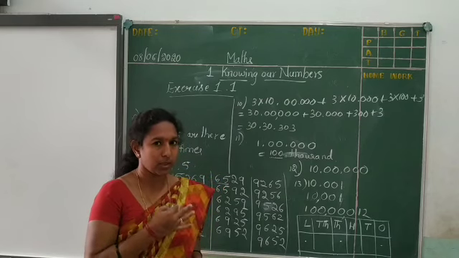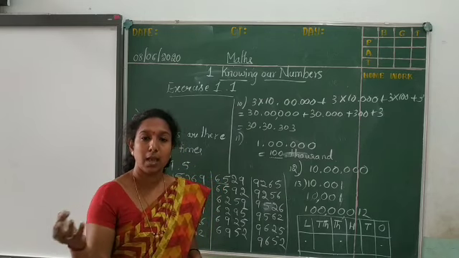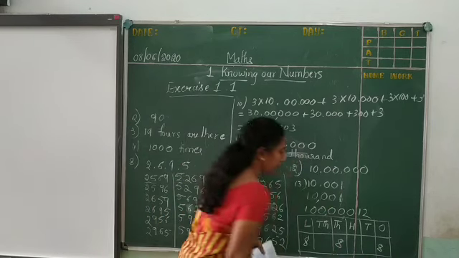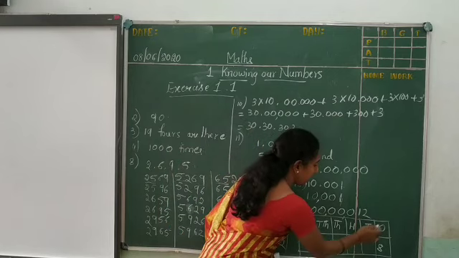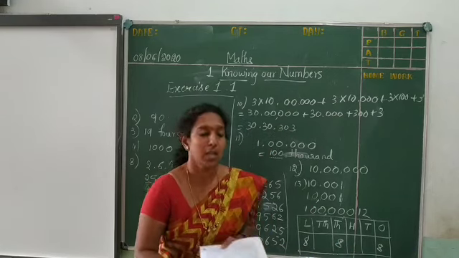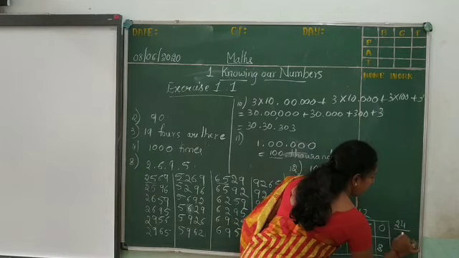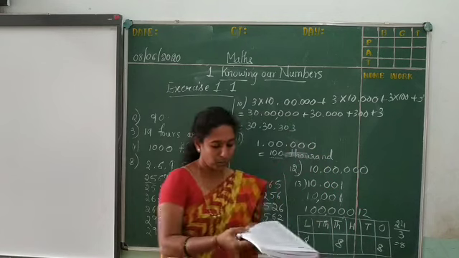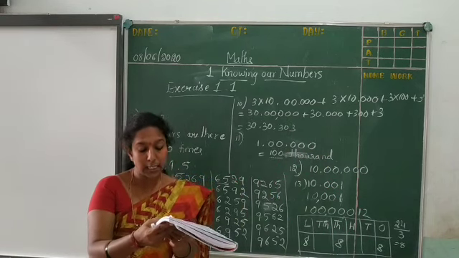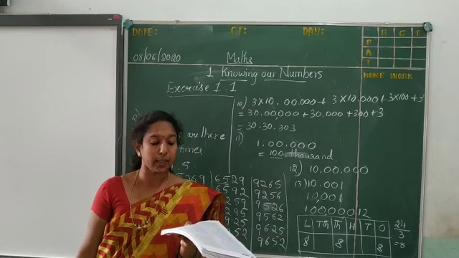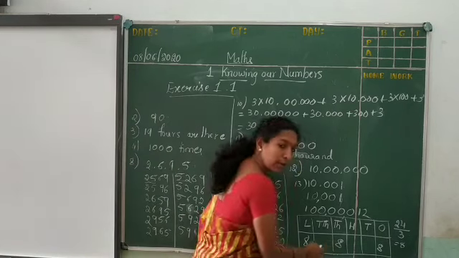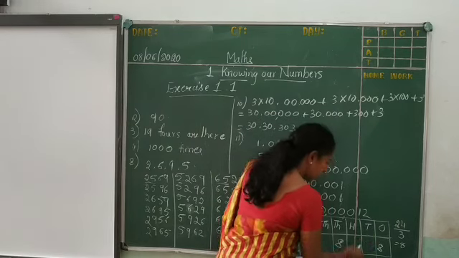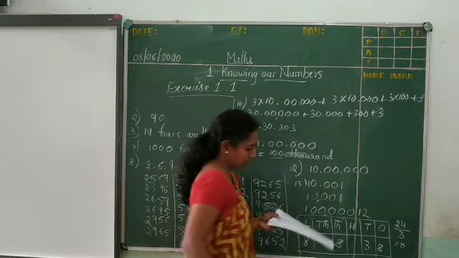So 3 numbers to 1. So 24 equally divided means how much? 8. So here all the numbers are 8 only. The highest place, 1000 place and the ones place number is 8, because 24 divided by 3, because we got 3 numbers. So the answer is 8. Okay. Next, the tens place value is 5 less than the 1000 place. 1000 place value is how much? 8. 5 less than that means 3. So 3 is in the tens place.